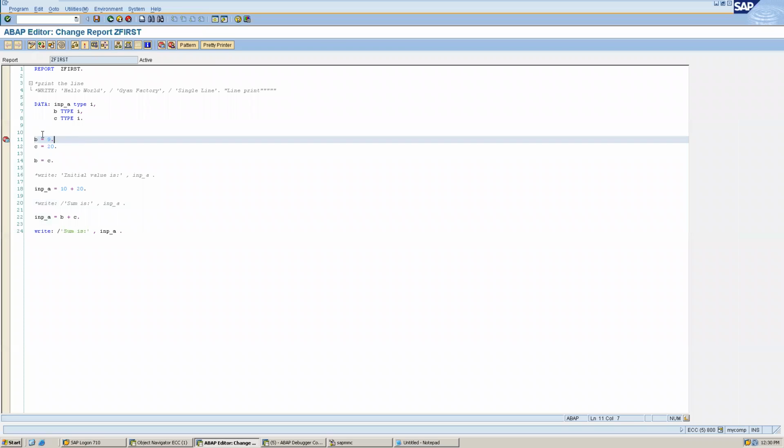So what we can do is click in this line, which is our first executable line where we want to see the values. I can click here and it will place the breakpoint. If I click here again, it will remove that breakpoint. Now I have clicked here and it has put one breakpoint.